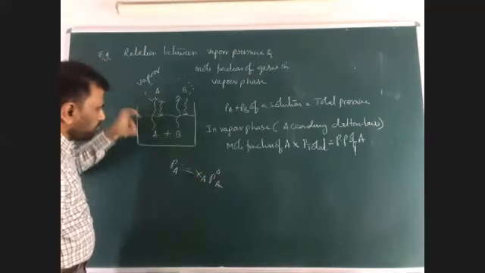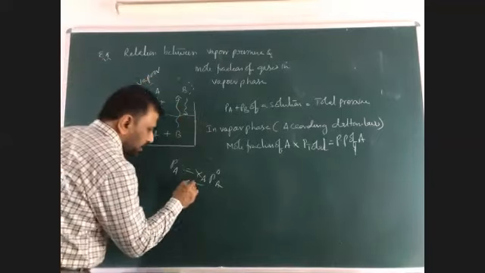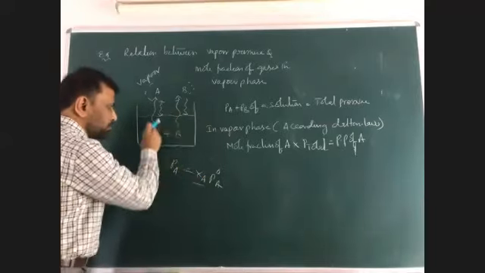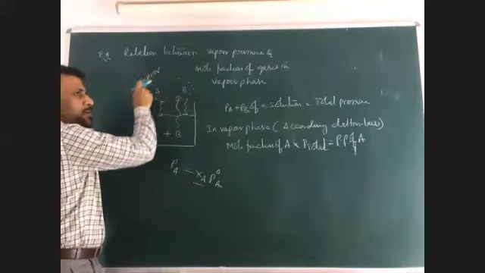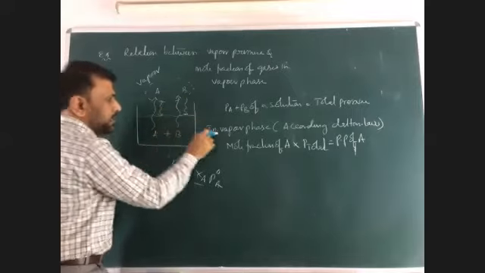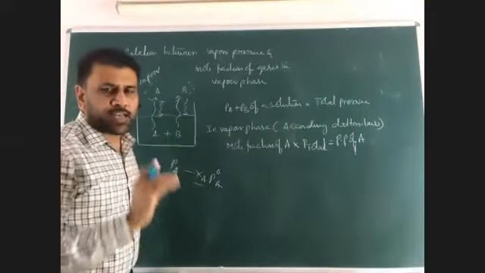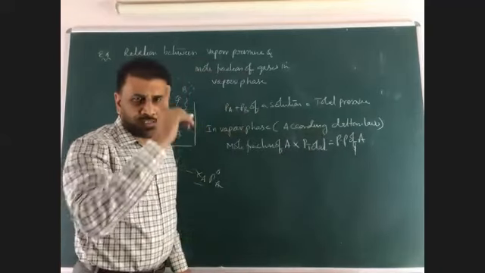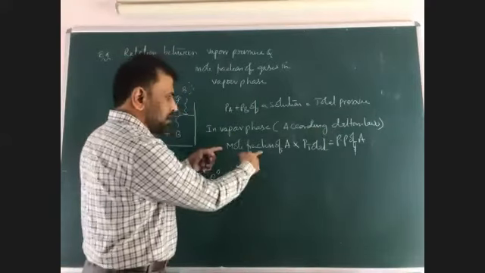Now, we would like to calculate the mole fraction of the gaseous state. Try to differentiate that. This XA refers to the mole fraction of liquid in the solution. Now I am not discussing that. I am discussing the mole fraction of vapor. Here also gases are there. A gaseous mixture is there. Mole fraction can be done. So for that, in vapor phase, according to Dalton's law, tell me for gases, what is the formula? The mole fraction into total pressure is equal to the partial pressure of A. That is Dalton's law of partial pressure. Right or wrong? This is right.